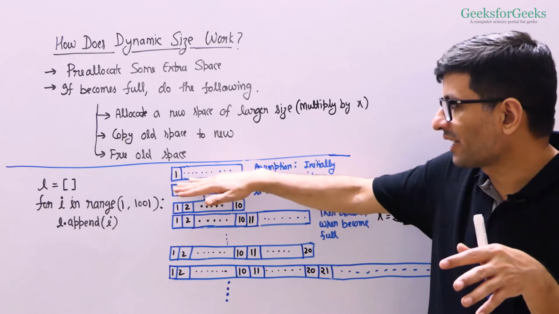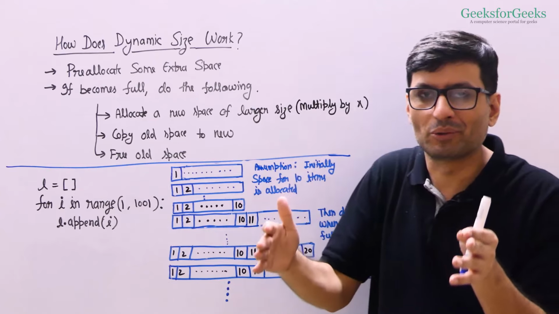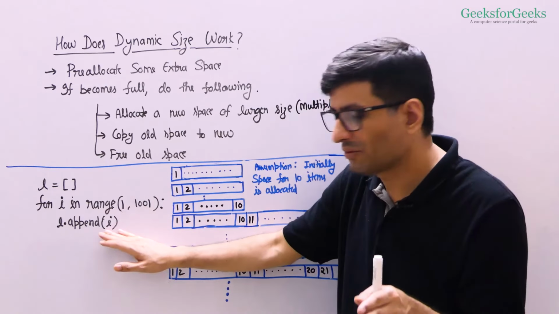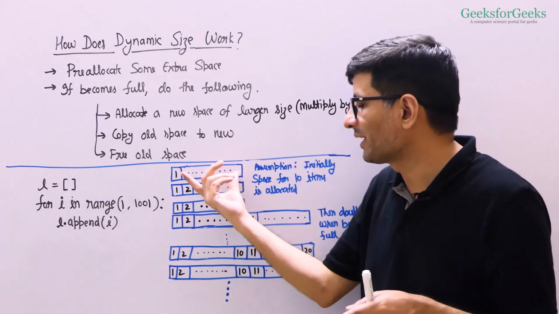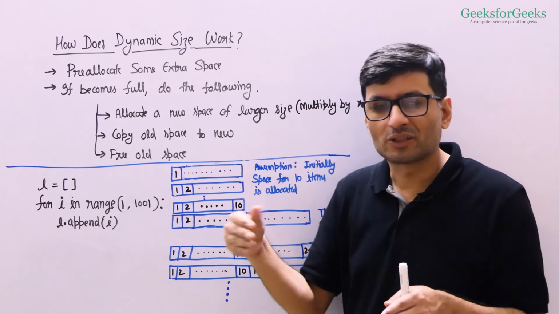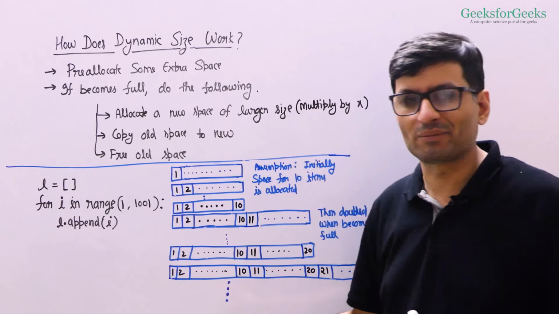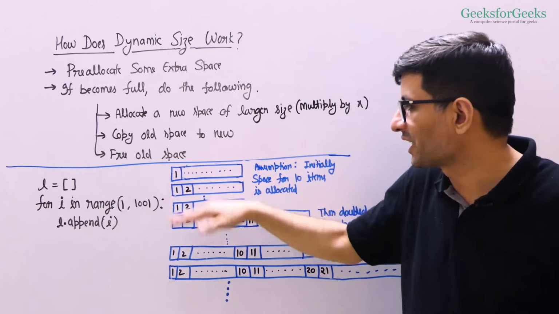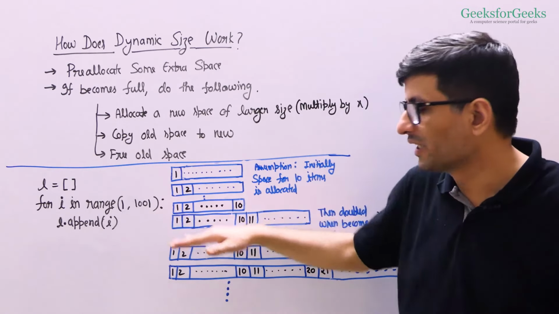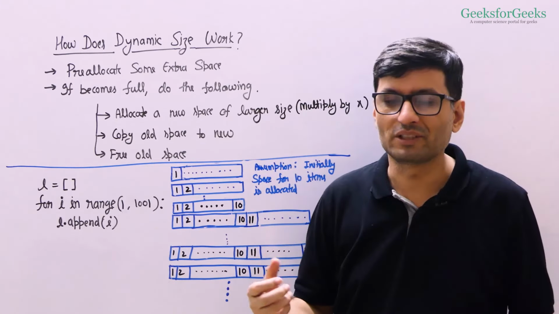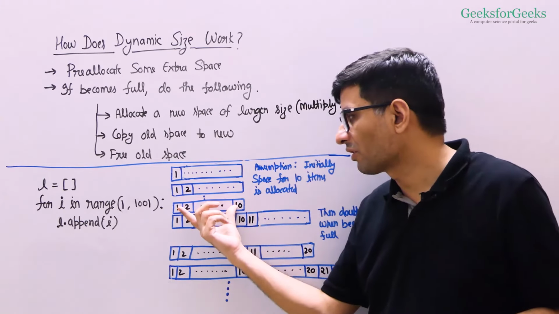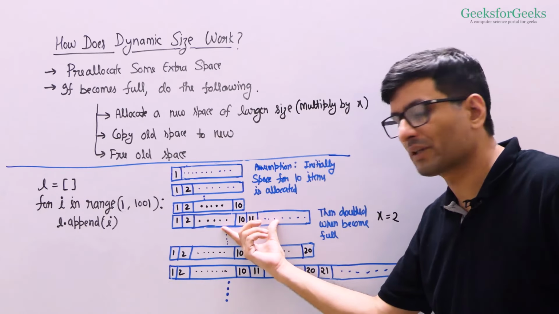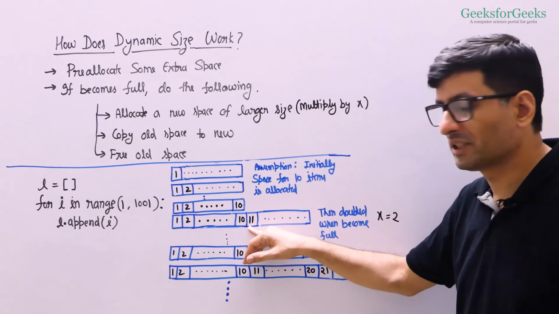So let's say we have an implementation that pre-allocates memory for 10 items, right? So when you are adding 1000 items to a list one by one, how will the array be allocated internally? It will allocate memory for 10 items initially. So when you add 10 items, they will be quickly added at the end because you have a block of memory allocated for 10 items. So your first item will go easily, second will go easily. In fact, the first 10 items will go easily. Now when you insert the 11th item, what will happen? This old block of memory will be deallocated and a new block of memory will be allocated of double the size, and 11 will then be inserted.